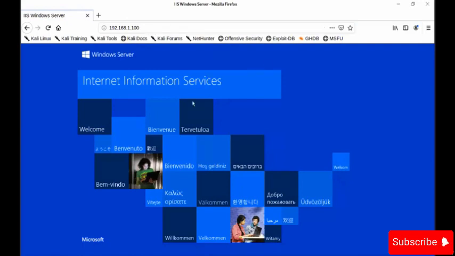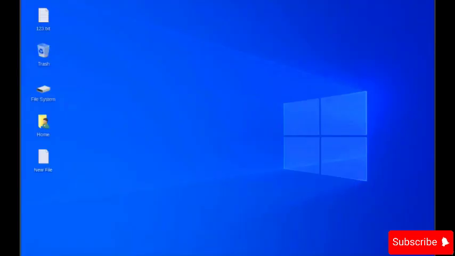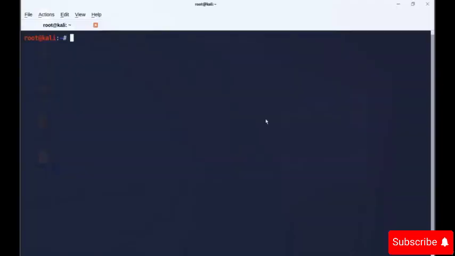Now you can see the default web page for Internet Information Services, that is IIS, and it has not been configured. So close the browser. Now let me open the terminal and let's perform nmap one more time.